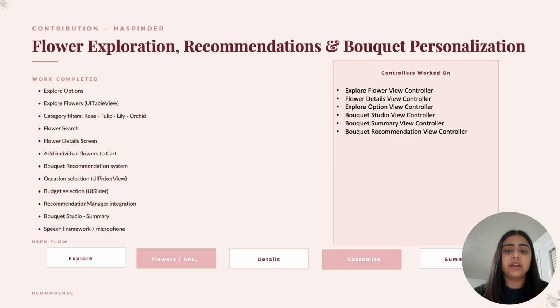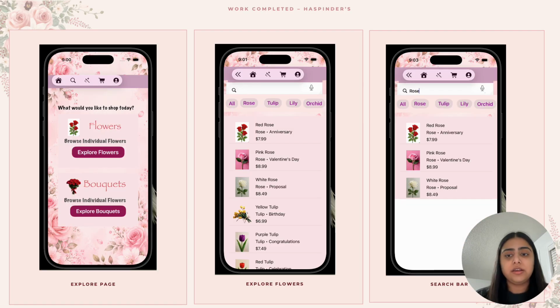So the overall idea was to give the customer different ways to find and create a bouquet instead of forcing them into one path. This basically shows the overall flow of my part of the application. It starts with the explore option, where the user can choose if they want to explore flowers or if they want to go for a bouquet. Let's say the user chooses explore flowers, and once they click on it, they can browse our flower catalog